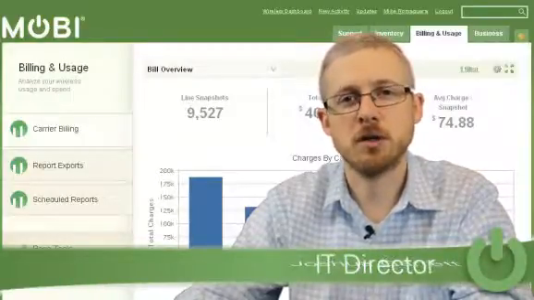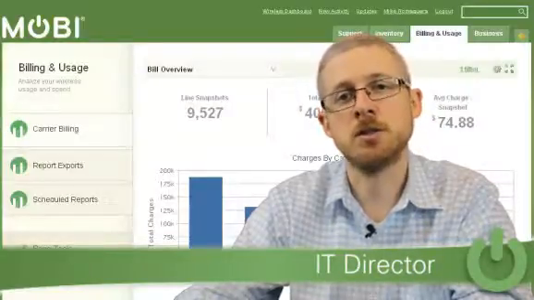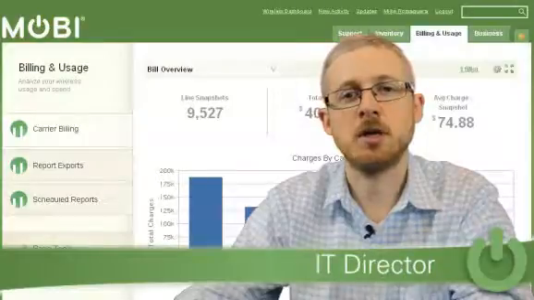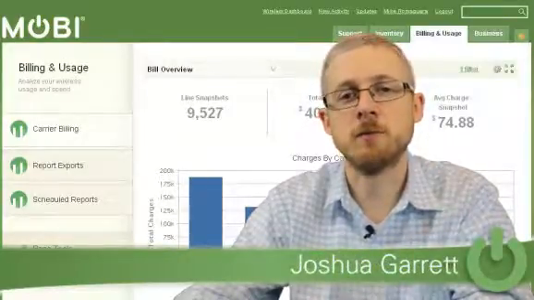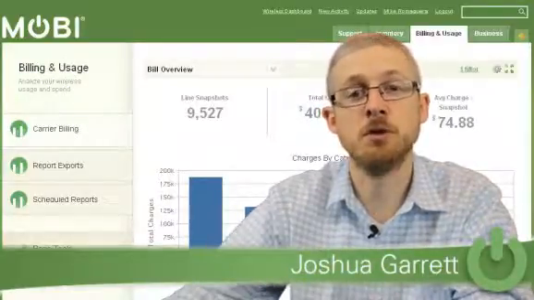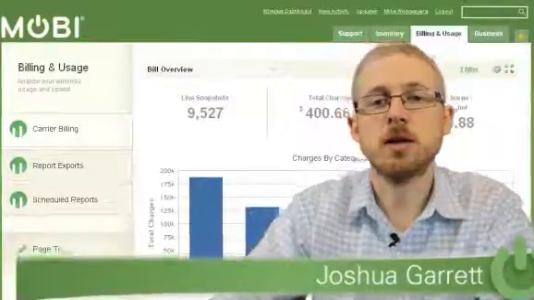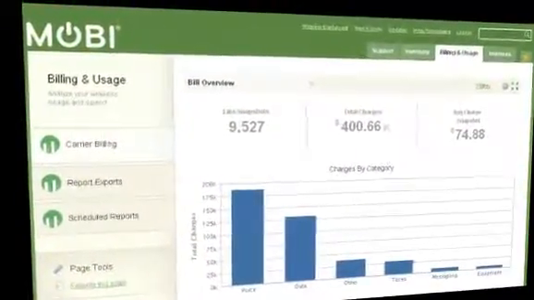So a program administrator can take a look at the entire program, an end user can take a look at just their own bill, and a manager can take a look at her subordinates as well as her own bill. So it's a very powerful way of disseminating information without allowing everyone to see everything as it relates to your program. Taking a look at the Moby billing and usage platform then, when we first come in here, we see